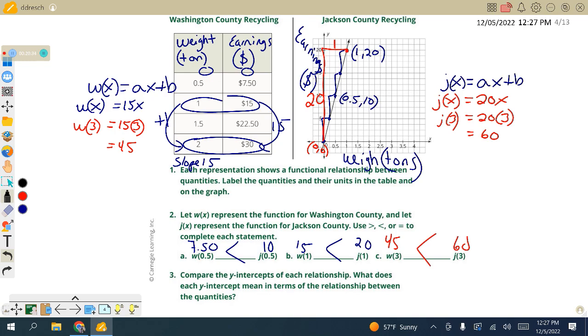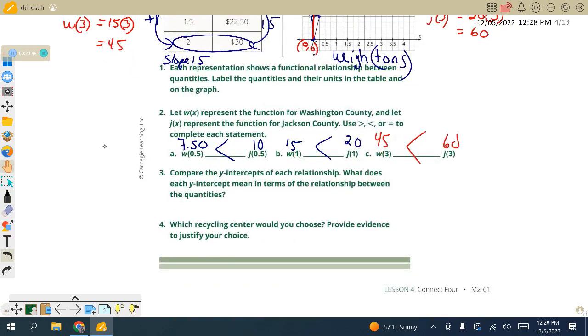And in between here, you're going to have the drop down. What you need to do is select the less than symbol, the greater than symbol, or the equal symbol. That will be it. Get those numbers and compare them. Let's get those numbers on the next one for the y-intercepts and compare them. What's true about the y-intercept for Washington? And what's true about the y-intercept for